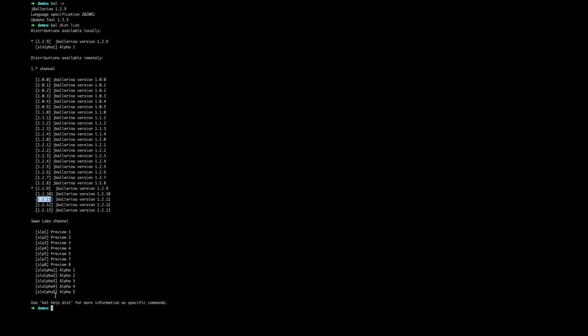Now let's say you want to update it to a selected version, for example to 1.2.11. If you simply use the Ballerina dist use command with that option, it gives an error saying that version is not found in your local machine. So it requests to use the bal dist pull command to get this done. The bal dist pull with the distribution version allows us to download a particular version and stores it in your local environment. It also sets the fetched distribution as the active distribution.